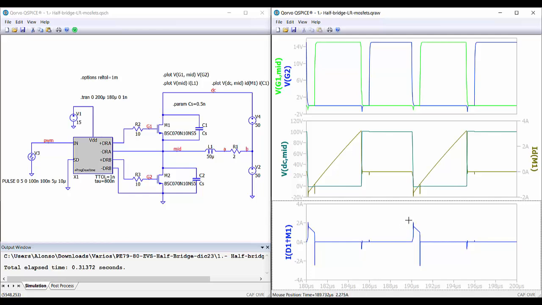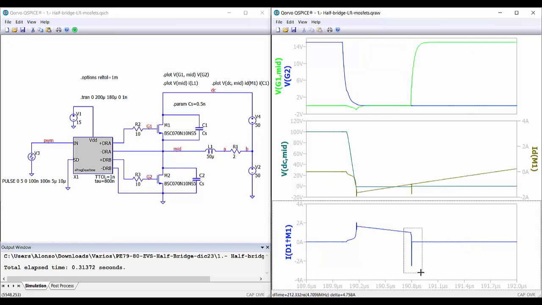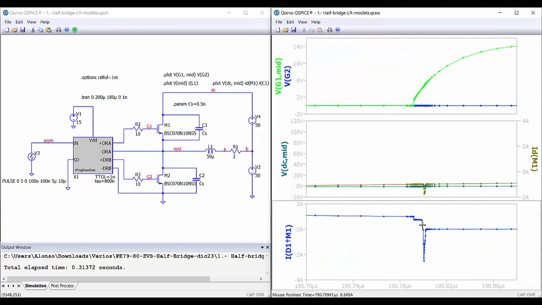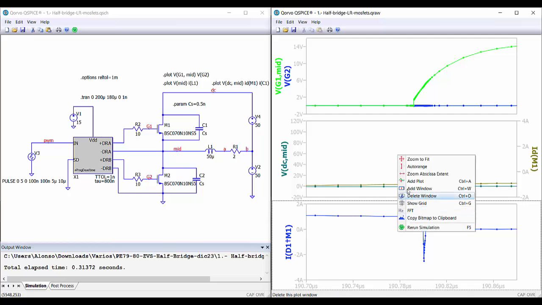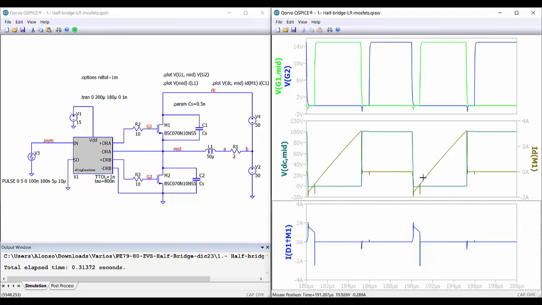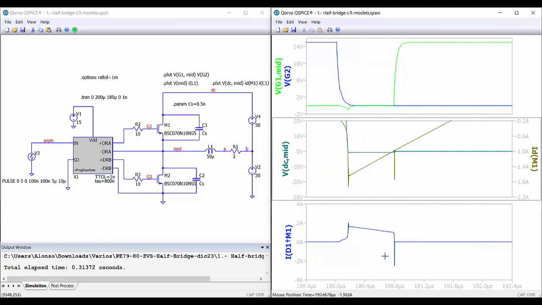transistor. And here we can even zoom and see that there is a small turn off transition in the diode corresponding to the reverse recovery of the diode, and this is the cause of the spikes that we can see in the current through the switch due to this transition that we have during this recovery of the diode. It would be very interesting if we could also plot the current through the channel of transistors directly to